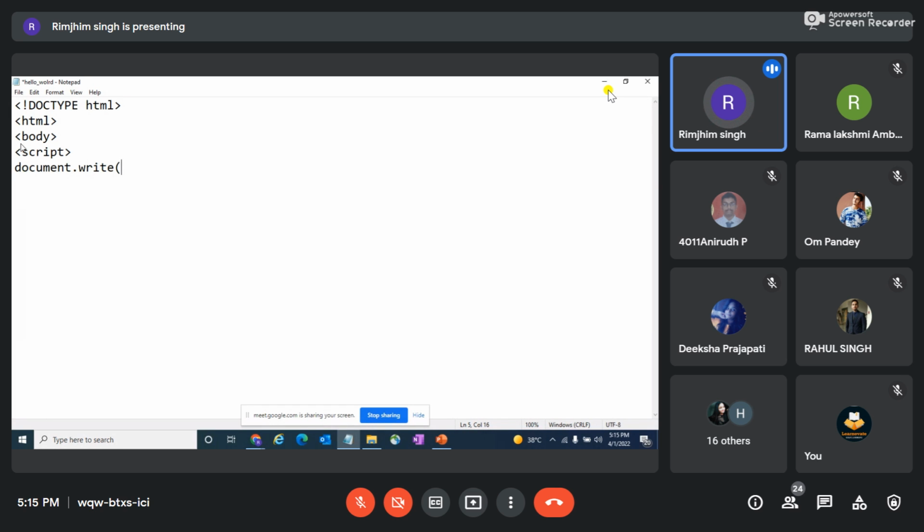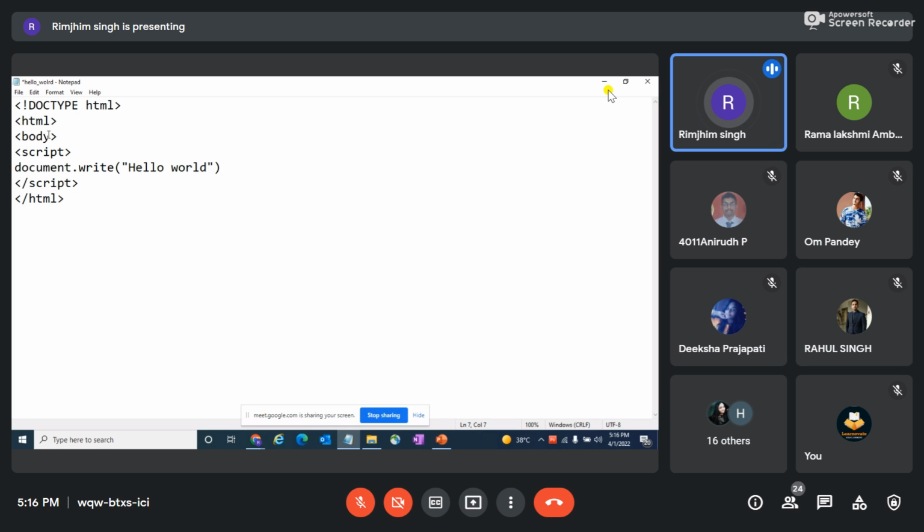For example, if I want to print hello world, as we do in other programming languages, the first program has to be hello world. And then slash script, followed by slash html.